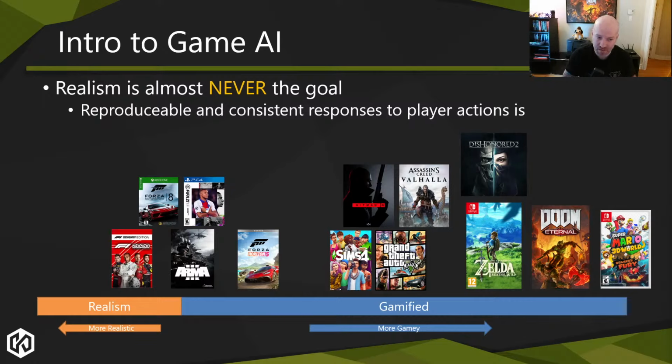The other key thing that is really important is that a lot of those responses to the player have to be reproducible. They have to be learnable. They have to be telegraphed, right? As the player plays the game, they want to learn it. They want to know if I do action X, the response from the game will be Y, right? They don't want a random thing where I do the same action, I get different responses every time, and now I don't understand what's going on, and the game feels broken or janky or something, right? So those are very key motivational aspects for what we're trying to do.